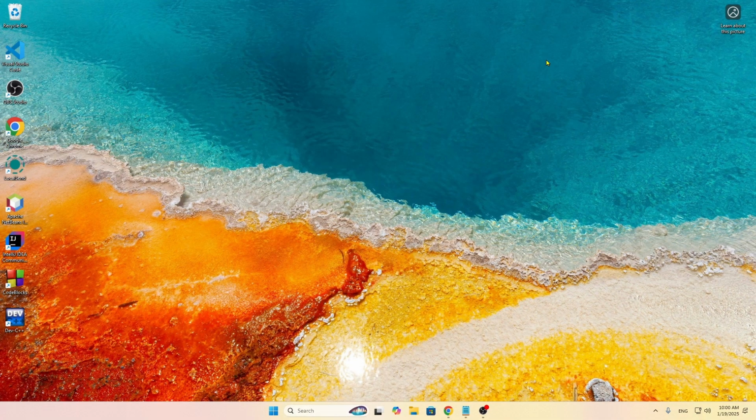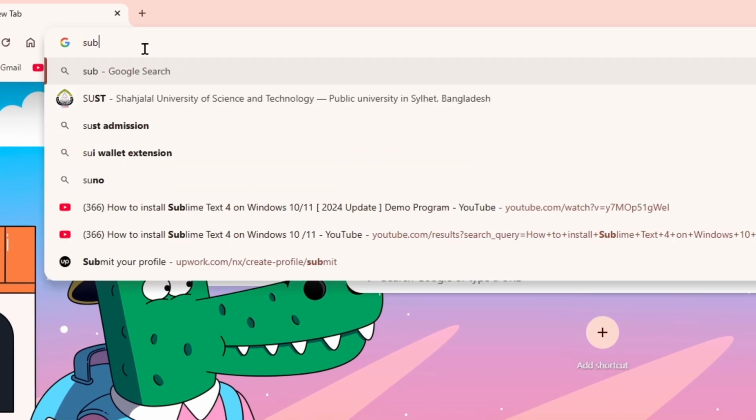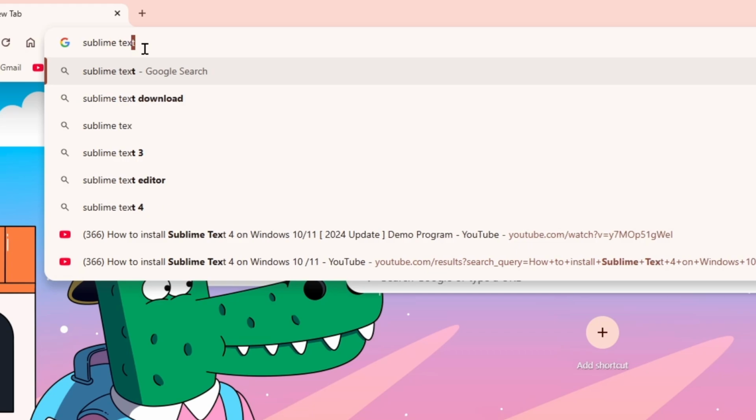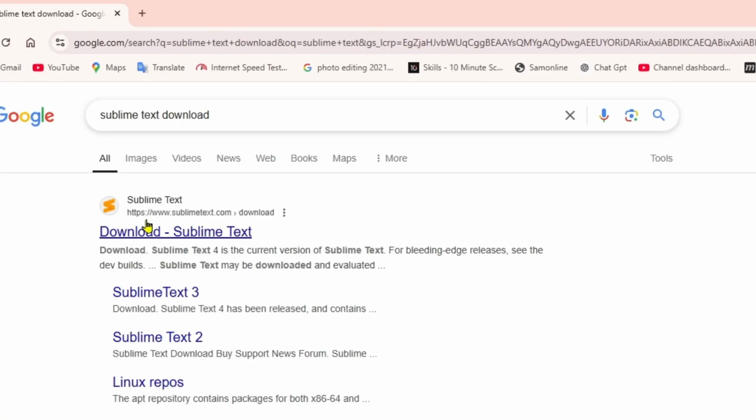Today I'm going to show you how you can download Sublime Text into your computer in a very simple way. How are you going to do it? You just need to go to the Google Chrome browser, and from here you just need to type Sublime Text over here. And then you will get the Sublime Text download suggestion over here. So if you click on that, then you will get the first website from